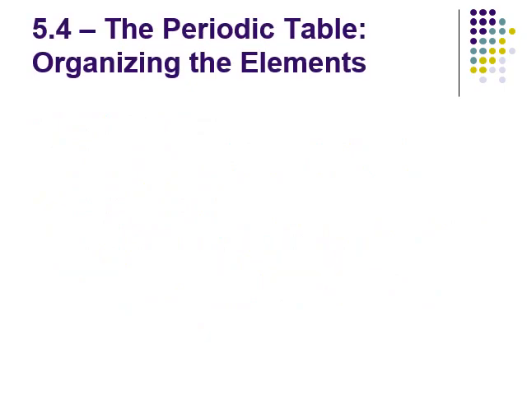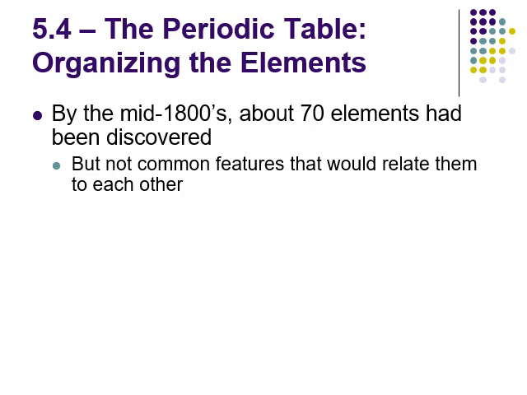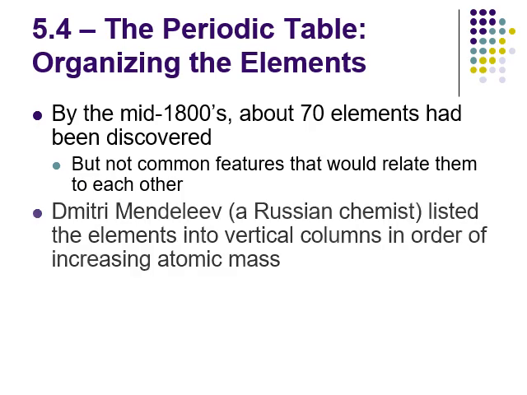Okay, so now we're going to look at a basic structure of the periodic table. So a little bit of history. By the mid 1800s, there had been about 70 elements discovered, but it was just a bunch of disparate information. There was no overall pattern. There was no way to organize this, so that became a problem because we like patterns. We like trends. It means you have to memorize less. So scientists around the world were trying ways to find similarities between these elements to create some patterns.